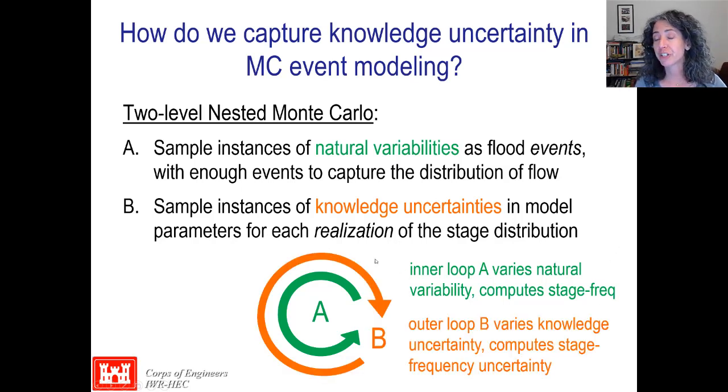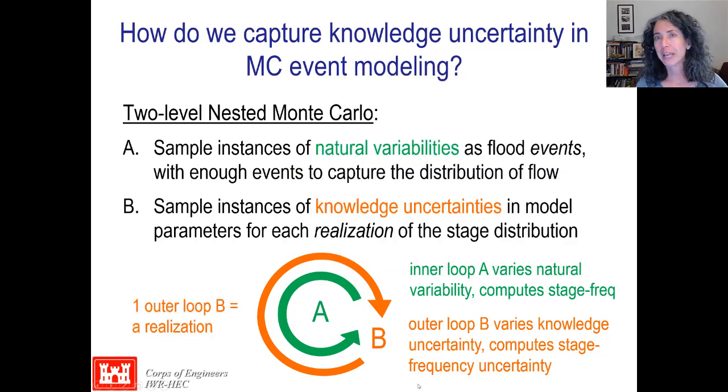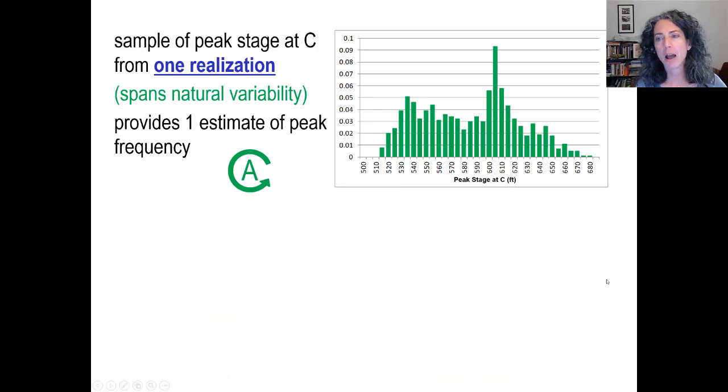So the knowledge uncertainties are sampled in an outer loop. That allows us to compute the uncertainty in the stage frequency curve. Each time around the outer loop is called a realization. To look at these one piece at a time, all of our inner loops are going to span natural variability, and this is called one realization, and it's going to give us a sample of peak stages at